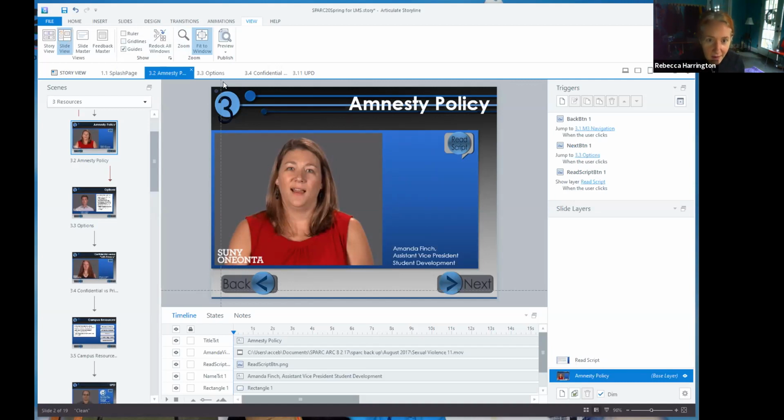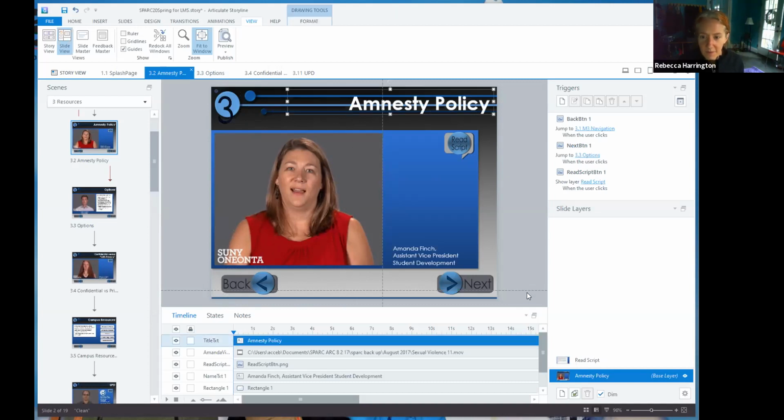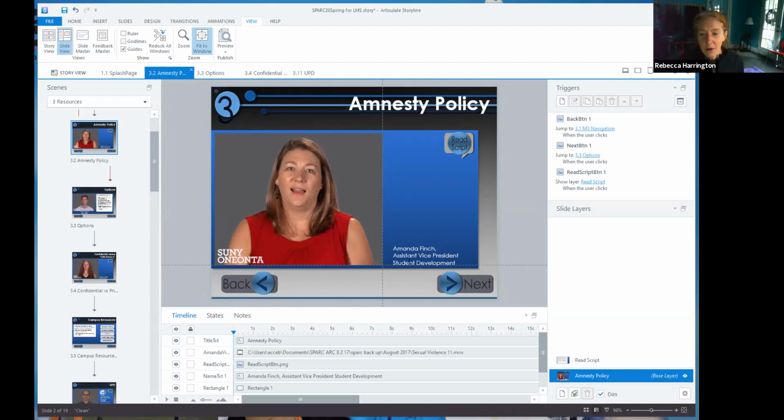So if I come up here, I can just grab this guide and move it this way or this way. Maybe I might want to use this guide to square up the edge of this video. So I'm going to put that one there. I'm going to click there. I'm going to capture that right there. And you can see along this horizontal guide, I also have my little set of words here.